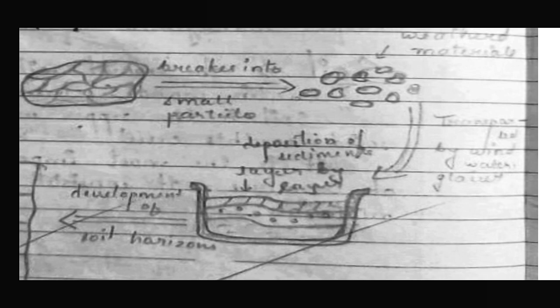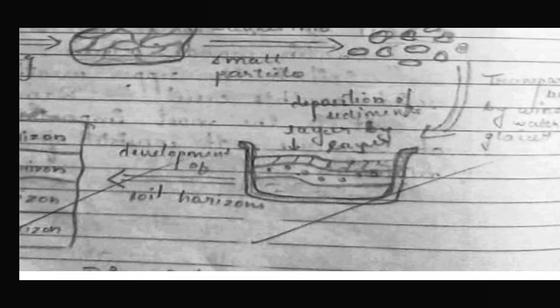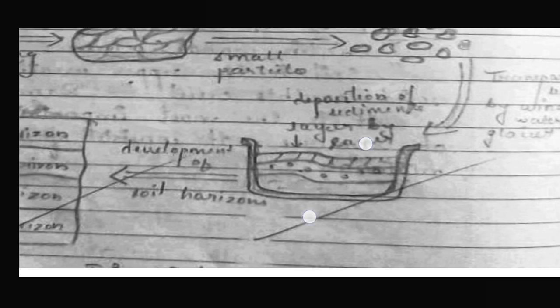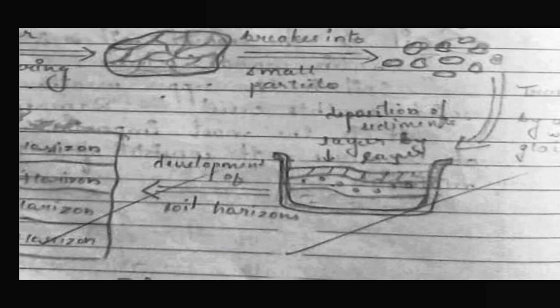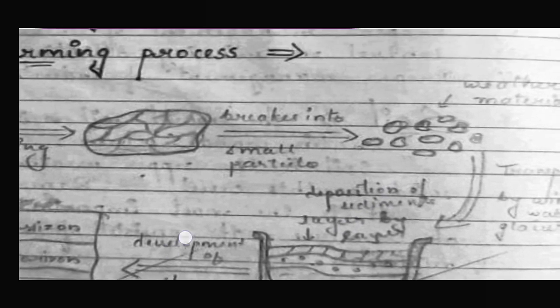So here these smaller particles are transported from one place to another place. Gradually these transported smaller particles start to deposit here, layer by layer, and this is called deposition. This process is called deposition, because the weathered materials are transported and then get deposited. After the deposition, due to physical and chemical changes from heat and pressure, gradually